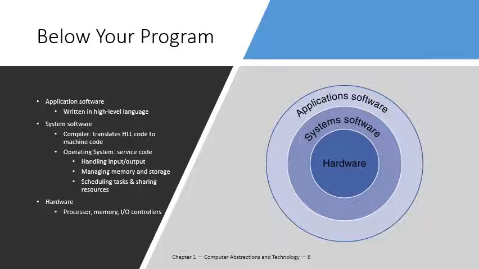Basically, if you can see, we've got three dedicated domains. The hardware is the central domain, the main core component that is used to process all our instructions and to execute the program. Then we have some system software, and then we have some application software. So the user is more concerned about this domain. The user is utilizing some application software that is written in high level languages.